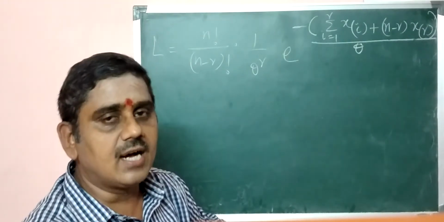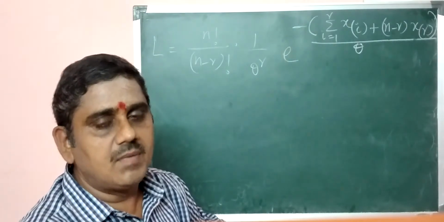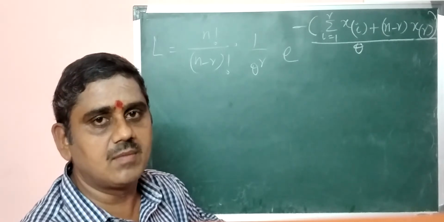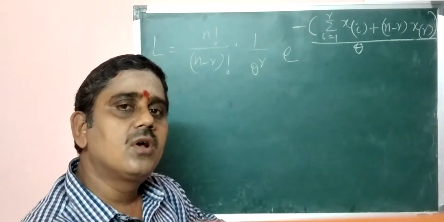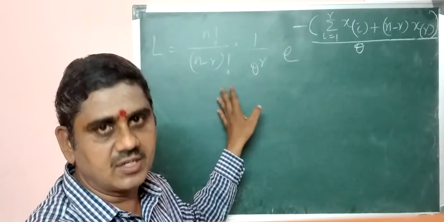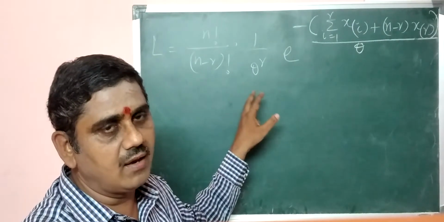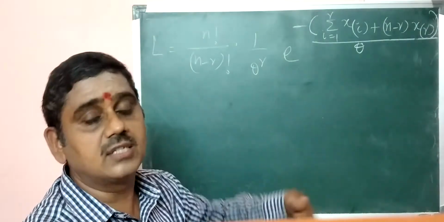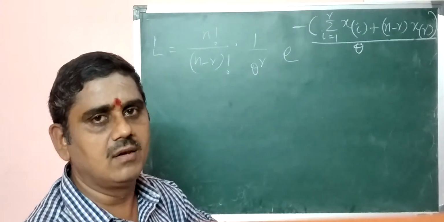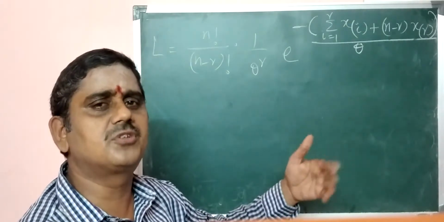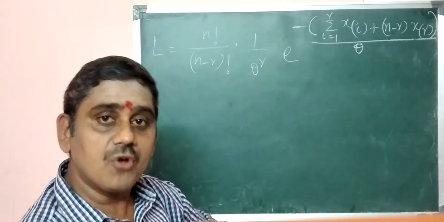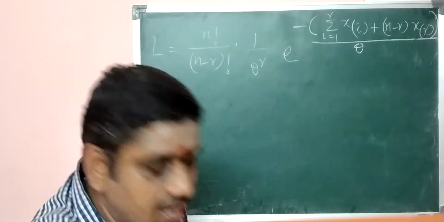So in the method of maximum likelihood estimation, we are now estimating the parameter theta. For estimating the parameter theta, the best method we have chosen is the MLE, method of maximum likelihood estimation, in which, if you have e power in the likelihood function L, then we can consider log L as well. Instead of L, we can calculate log L. We did it for normal distribution, exponential distribution, etc. in the previous calculation of second year. So here again I am taking log L.